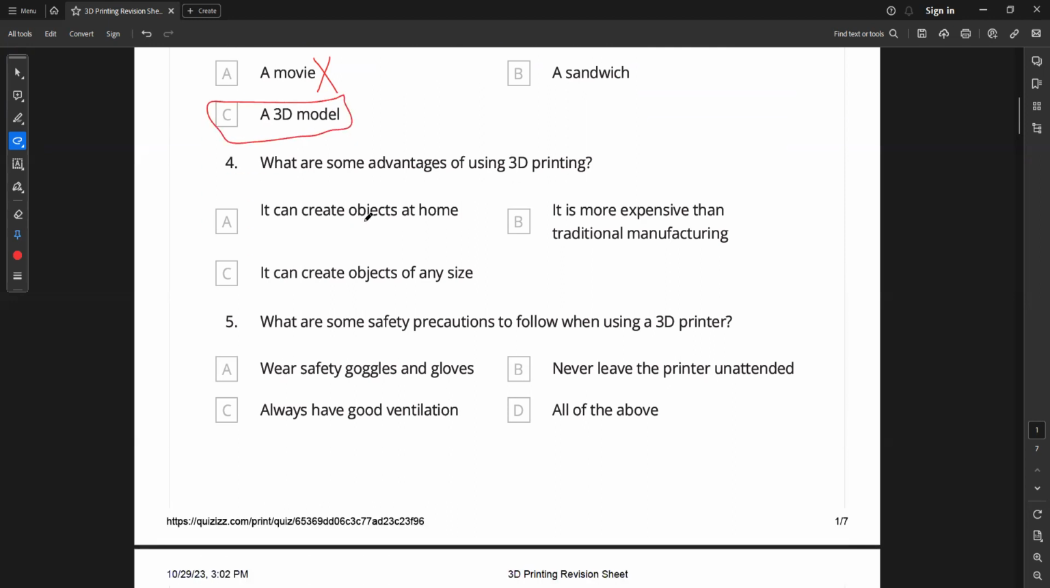Number four, what are some advantages of using 3D printing? Let's check them one by one. It can create objects at home. That's correct. It is more expensive than traditional manufacturing. That's wrong, because we said